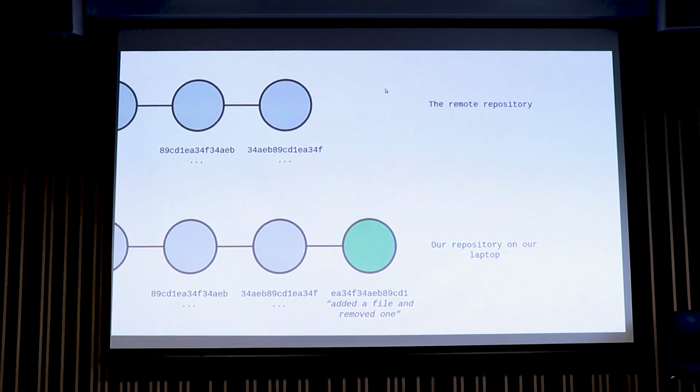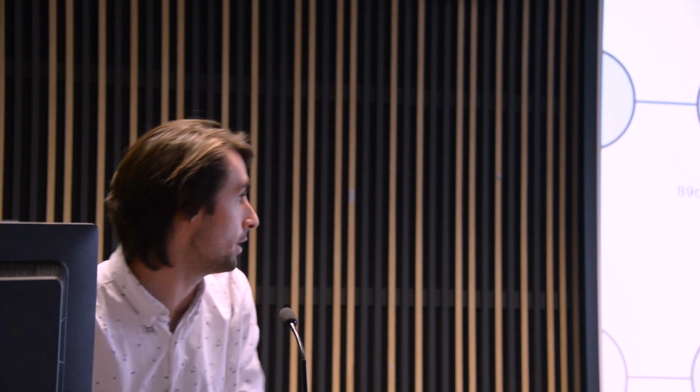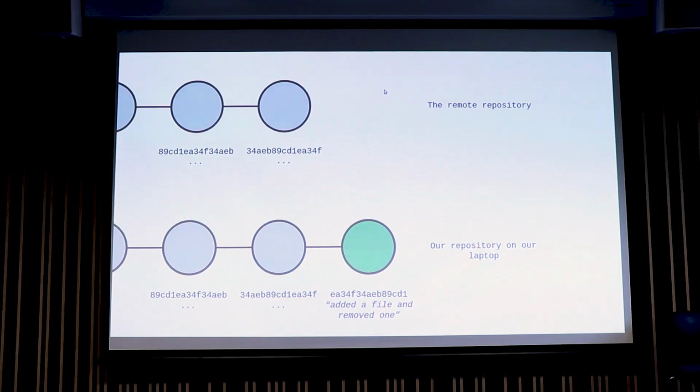And I've made some changes. I've done git add, I've done git commit, and now I have a new revision that I want to give to someone else. This is the scenario we're in. So the green commit is our new commit. So when we do git push, we're going to send those commits to the